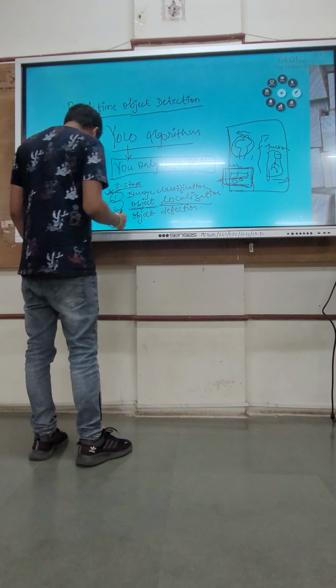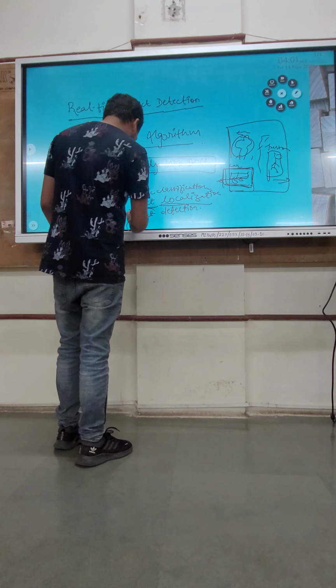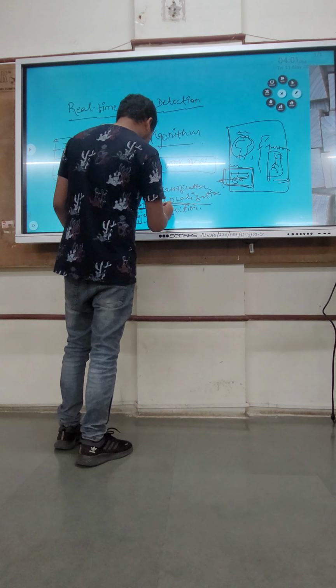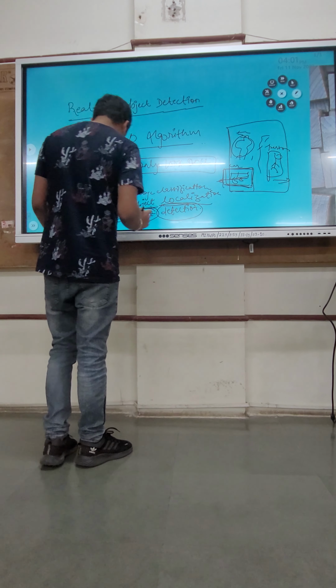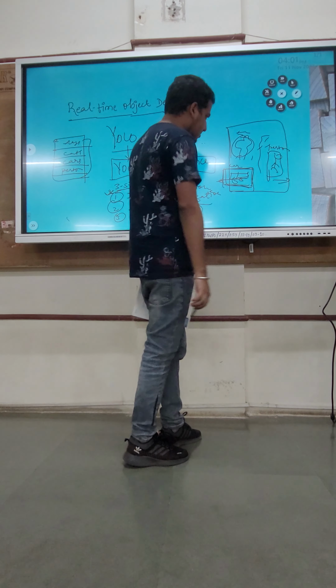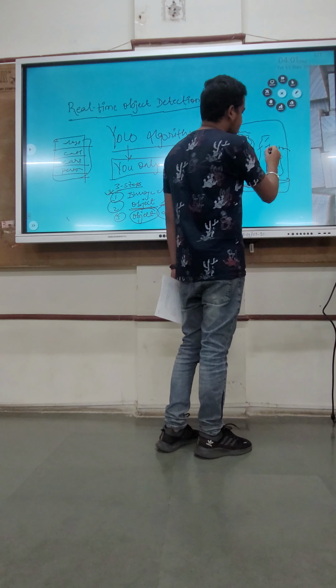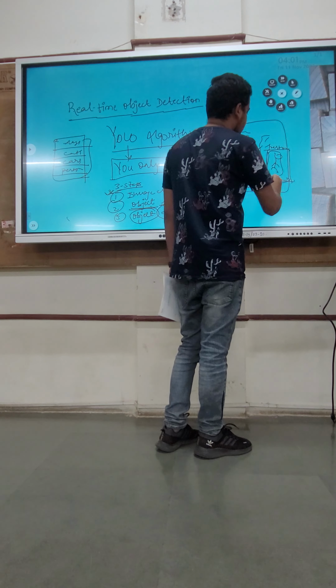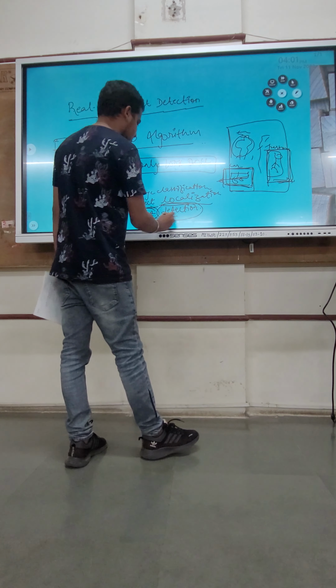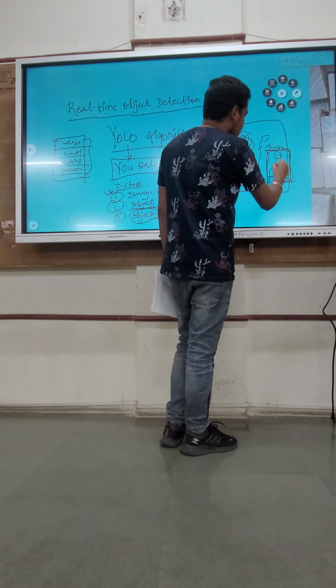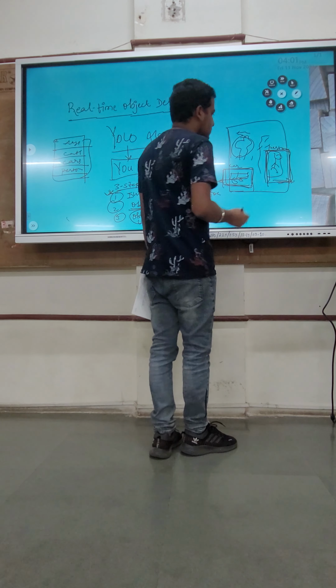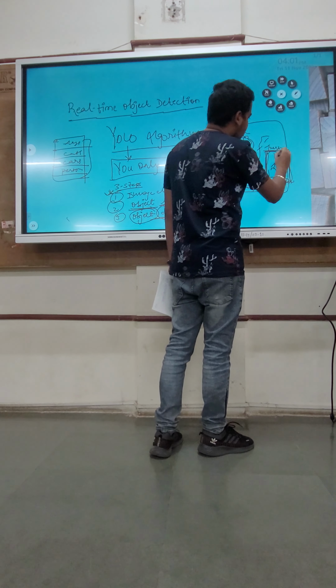And the third one is object detection. It is used to find out what particular image it is, by providing the bounding box. Sometimes it detects a person, that here is a person. I am talking about object detection. It detected that it is a person. So it detects within the bounding box.